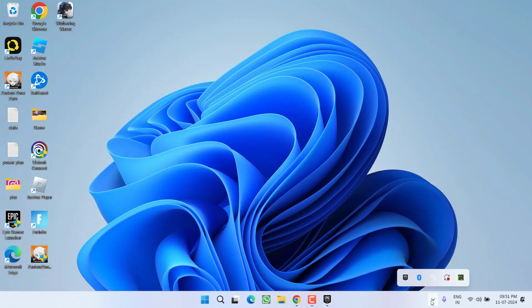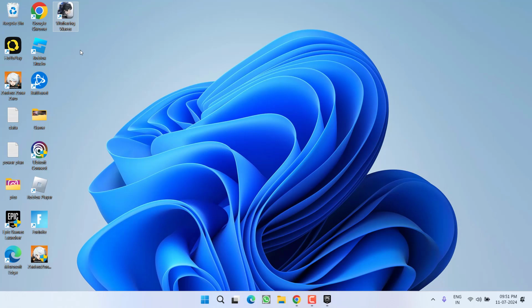Even from the system tray also, if it is showing right over here, again you need to simply right click and choose the option Exit to completely close the Wuthering Waves. After completely closing it, go ahead, relaunch and try to update the game to fix the issue of download stuck at some percentage. Now if this method doesn't help you fix the issue, in the next step I have a simple fix for you.